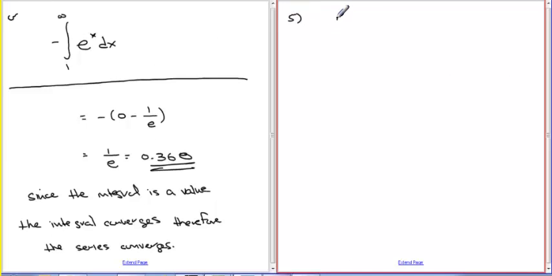But for most of our cases, we just worry about whether it converges or not. And we'll see why that is. We just want to know whether a series is converging or not, whether it's useful. If it doesn't converge, then it doesn't do us any good. Okay, so this is the